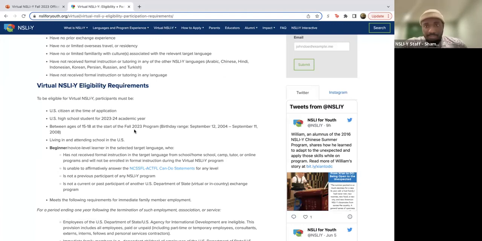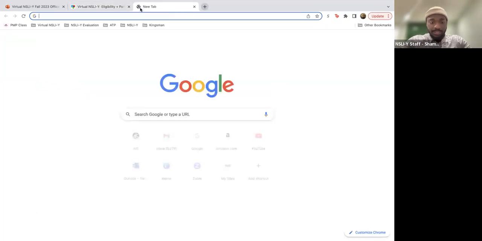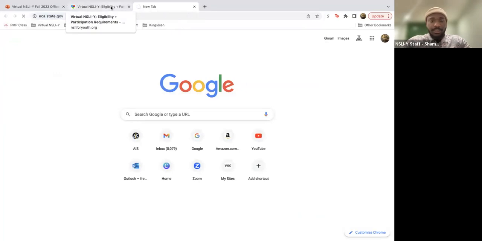So we target high school students, though there are other Department of State programs that are for older youth. For college age students, I am an alumna of the Gilman Scholarship. Gilman is the Department of State program where you can apply as someone who's older than 18, right? You can find these programs on the eca.state.gov website.